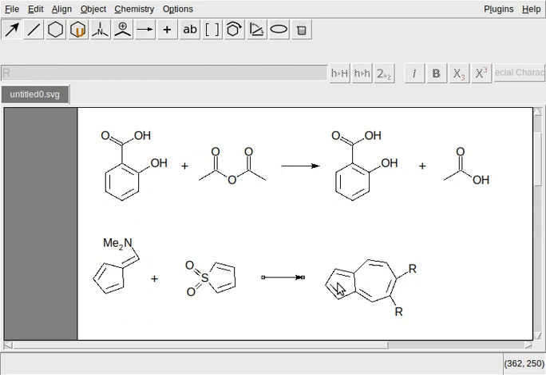So let us select this by pressing Shift first on the keyboard and selecting all the bonds of this. You can move it slightly up. Move this structure up.